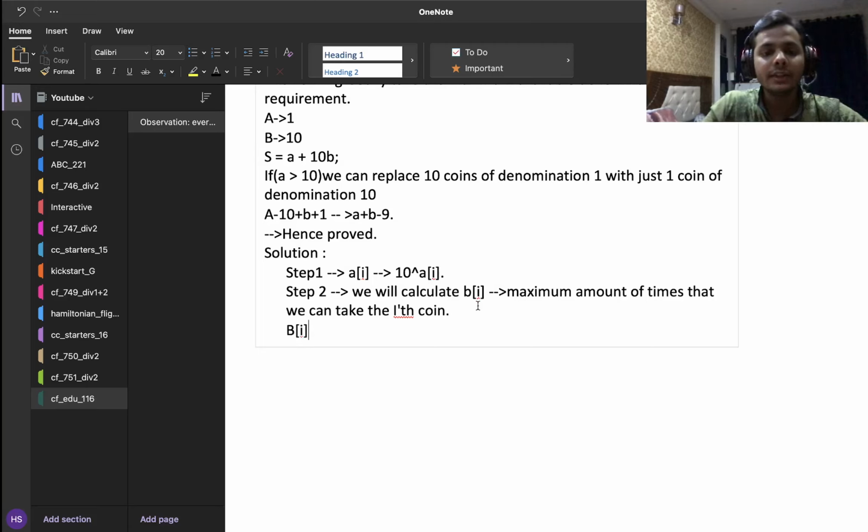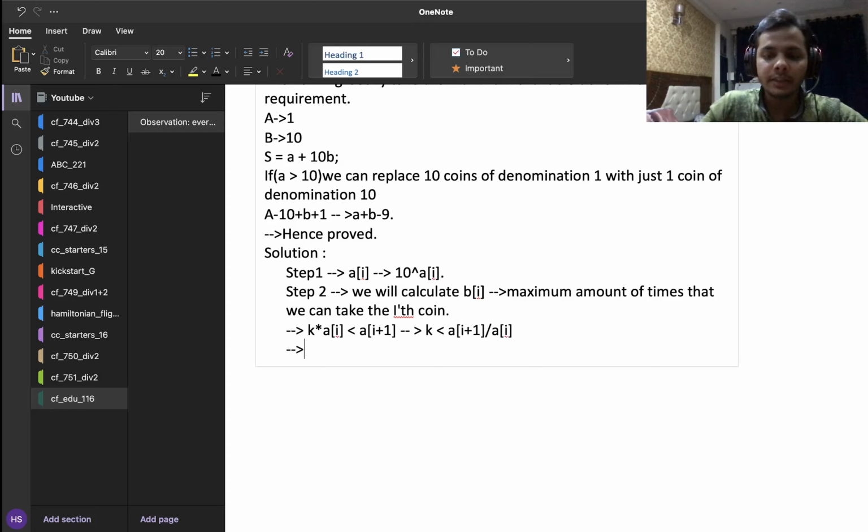So what we'll do is, let's say k is the maximum amount. So the condition that should hold is k times a of I should be strictly less than a of I plus 1. So that means k should be strictly less than a of I plus 1 divided by a of I. And we know that all of them are powers of 10, so they will be divisible with each other.